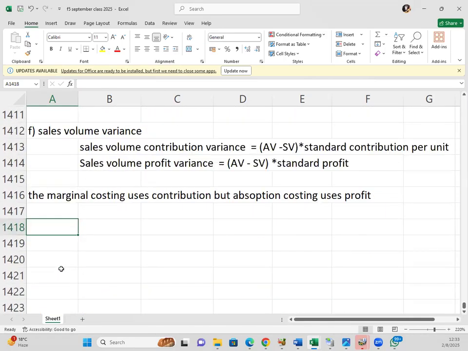So the advanced variances are the key. Those are likely to be asked for FR. So for our advanced variances,